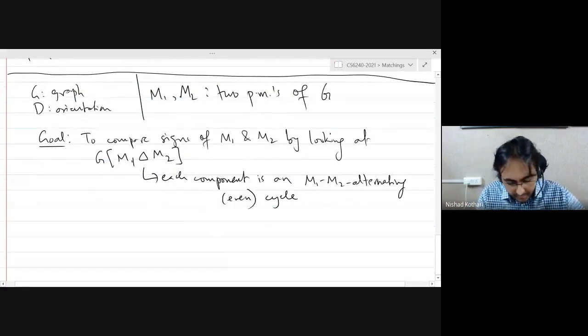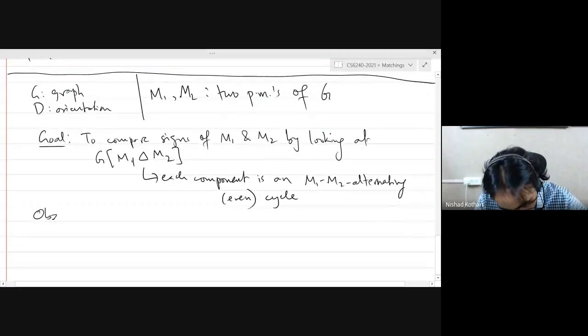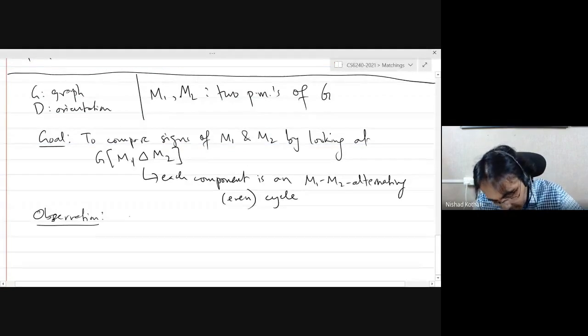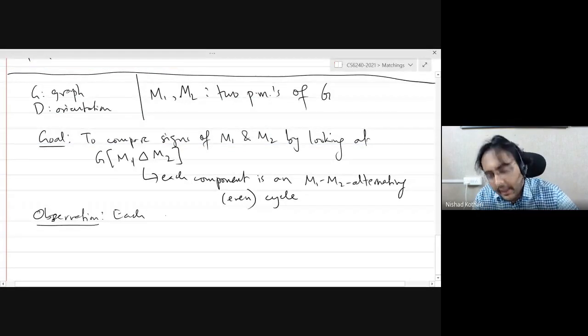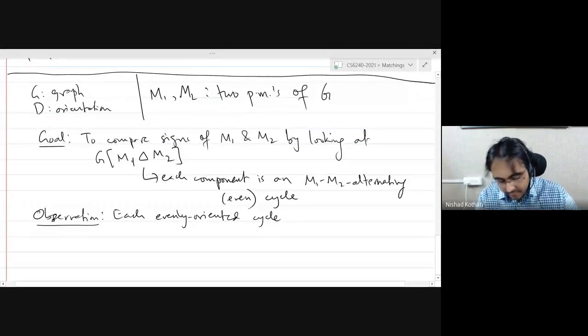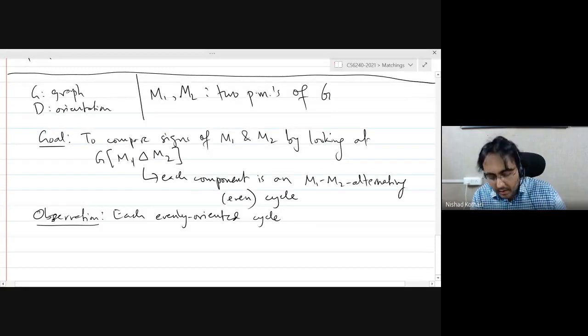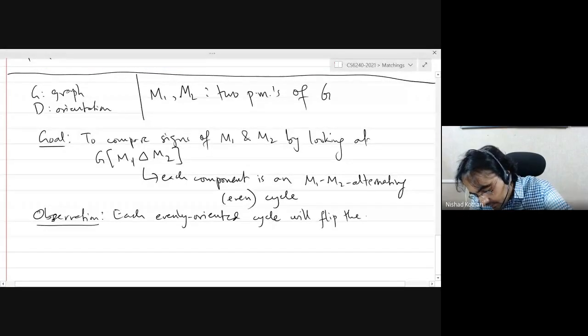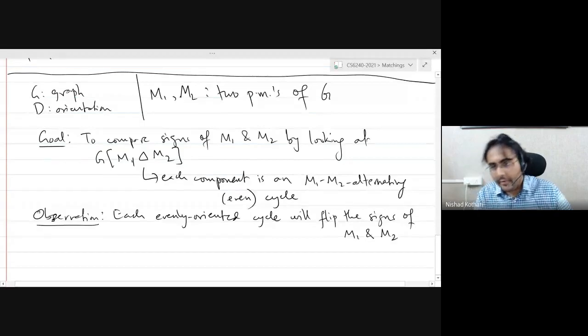So the observation is that each evenly oriented cycle will flip the signs of M1 and M2. Every time you have an evenly oriented cycle,